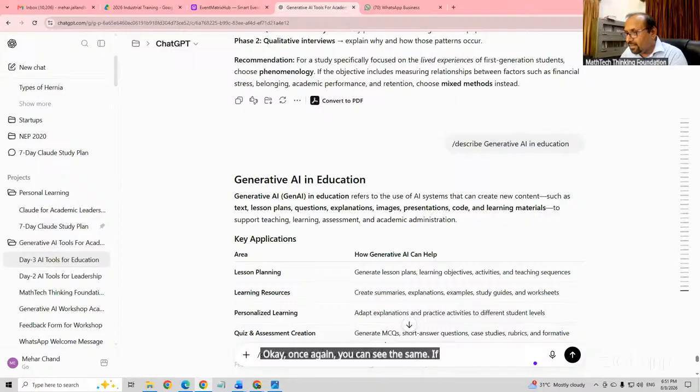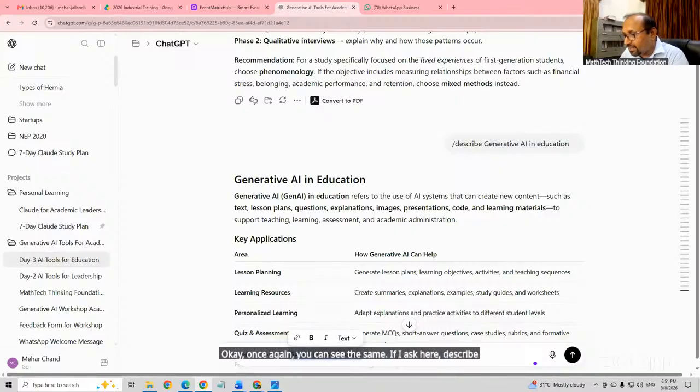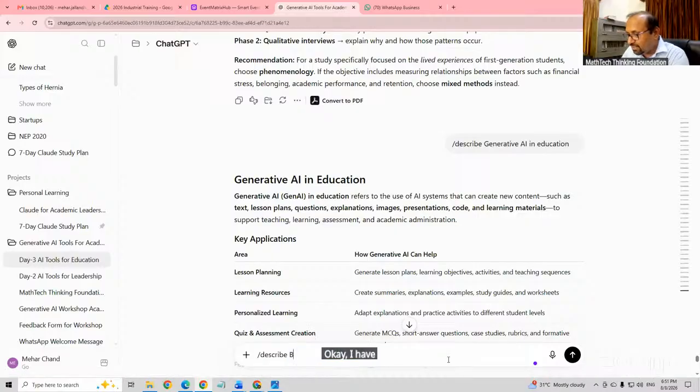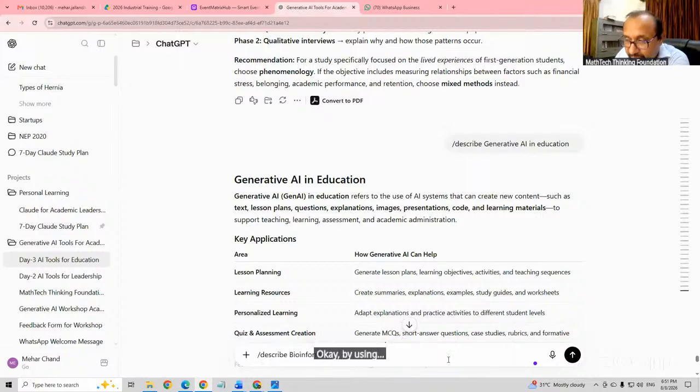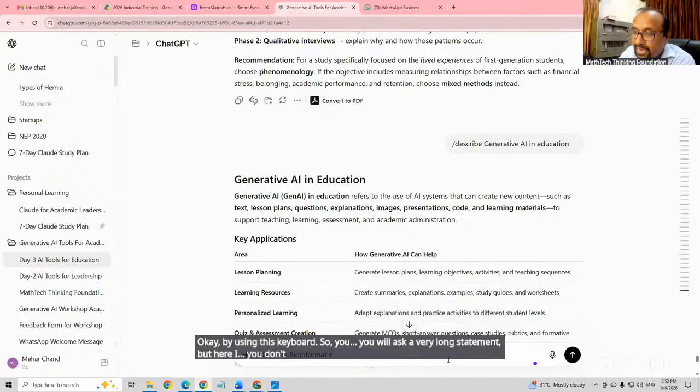Once again you can see the same. If I ask here describe bioinformatics, I have only one single word. So you can use this for learning purposes also. Sometimes we hear a new topic, we have some new keyword, but we don't have the right information. We want to know, but if you search in Google or ask queries without using this shortcut, you have to ask a very long statement. But here you don't require a long statement. I just put only one keyword